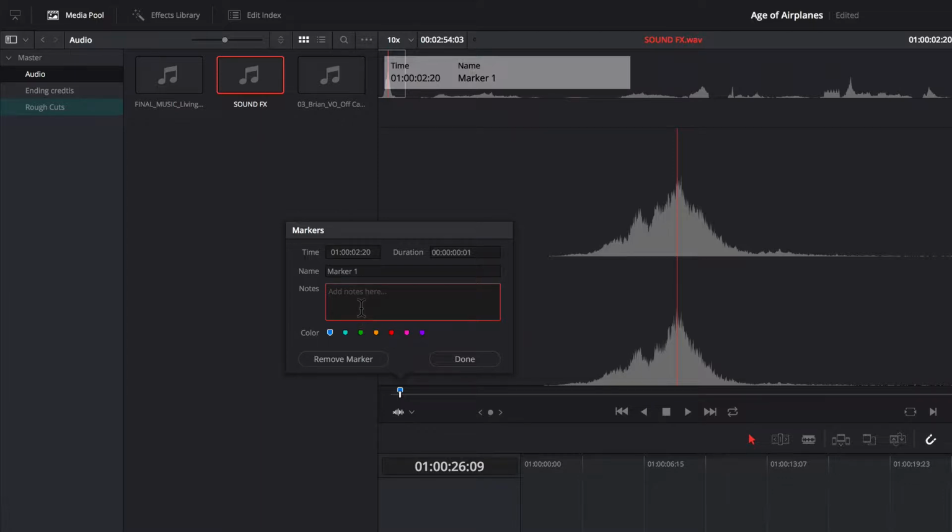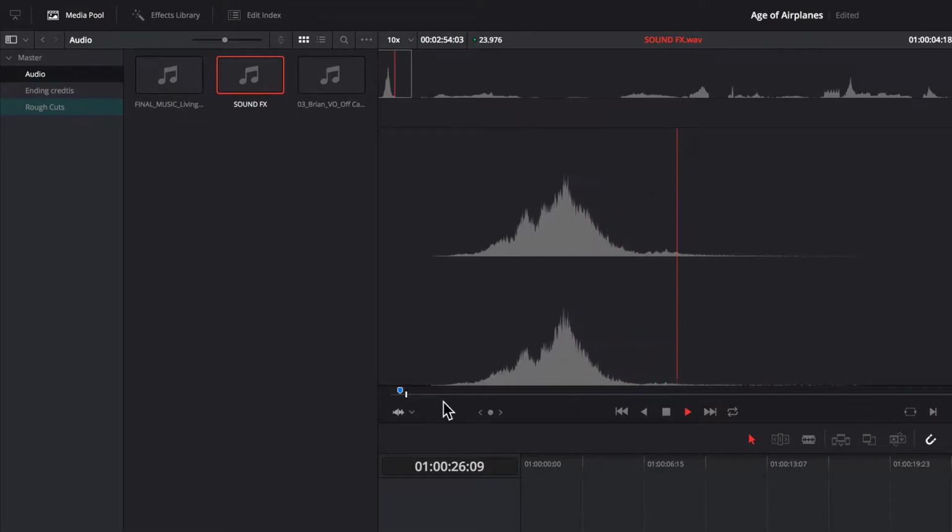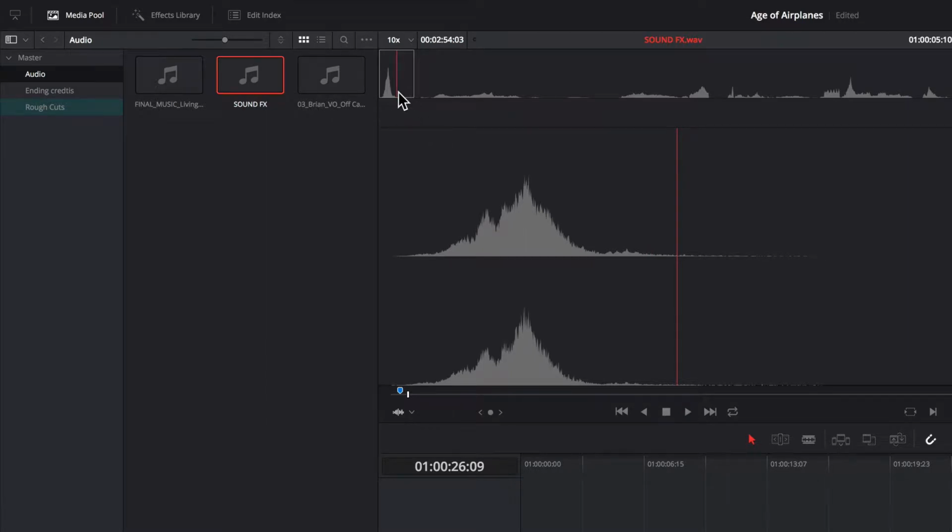Now in this case, you can just give it a name. And in this case, we'll just call it C plane or overhead plane, whatever you want to do. It doesn't really matter. And then we can say done. You don't have to change the color on these. So now we have our C plane here, and we play it again. We play it a little bit further,